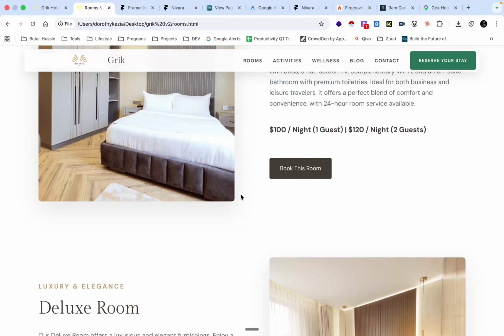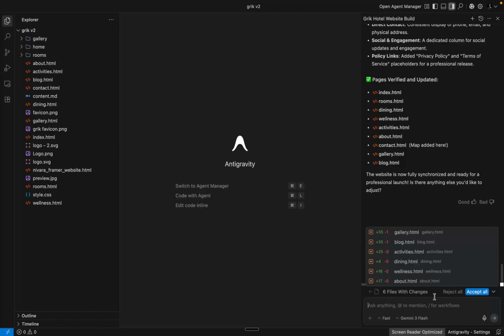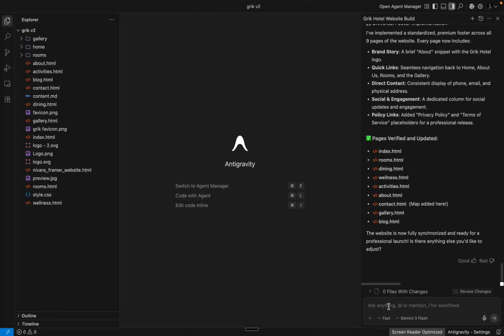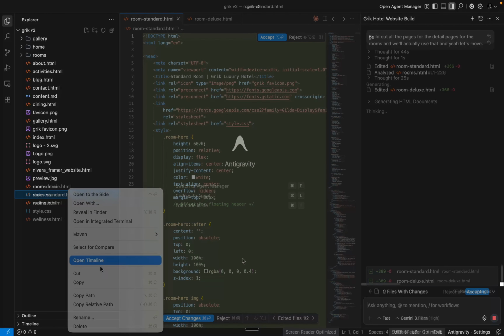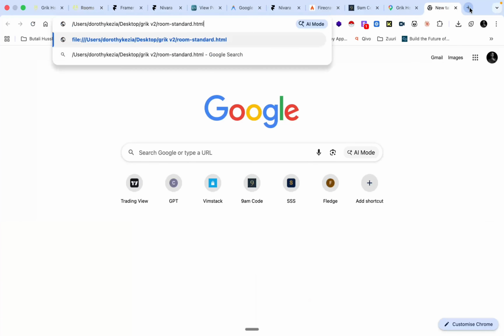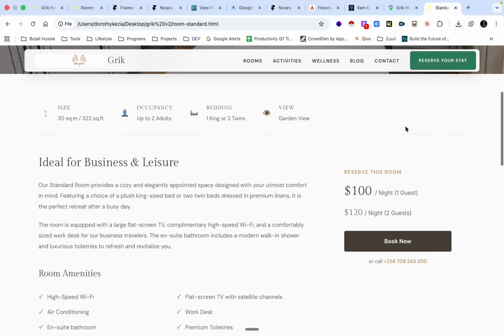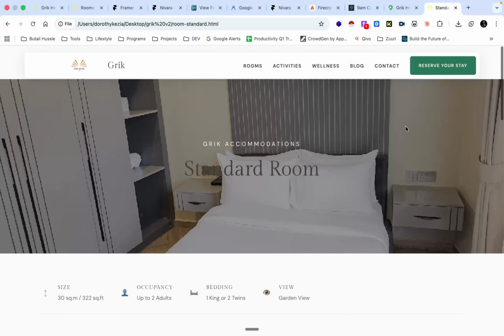checking it out. The booking forms, I see they want us to directly call the hotel, yet most hotels have booking forms. So the one thing that I want to do is build out all the pages and also build out a booking form. But that being said, with Anti-Gravity you can work on multiple sections of this website all in one go. So here I'm checking out the different detail pages that I asked the AI to build out,